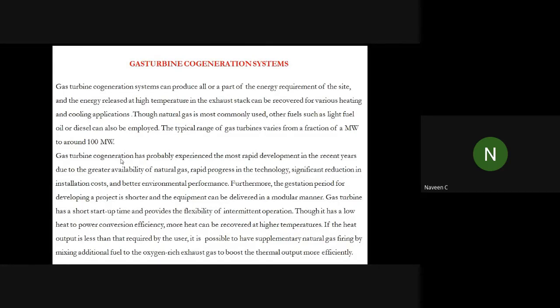But it is not stationary. It will vary according to the requirement of your industry. At some point you need to generate more electricity, so this optimization is very important. Someone who is interested can do some work related to this. This optimization using AI, artificial intelligence, is now being done so much, to predict the load pattern.